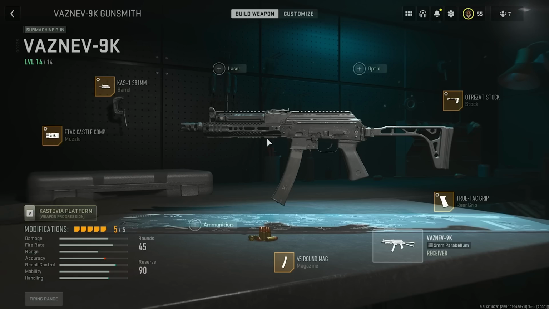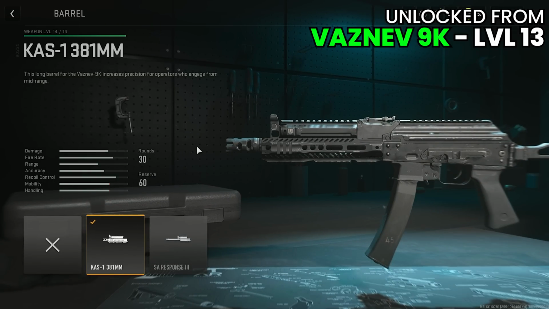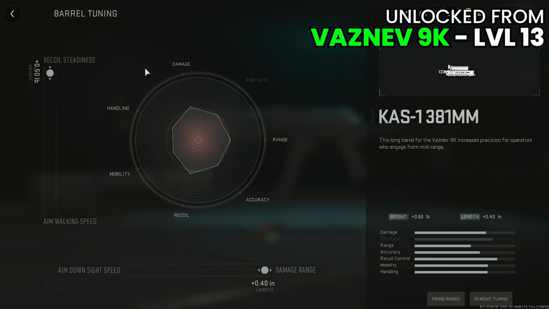For the barrel, we're going to be taking the CAS-1 381mm barrel. This, at the moment, in the build I'm playing, does not have any stats shown against it. However, from our testing, it appears to be pretty similar to the barrel we had on the MP5, so overall helping us with a little bit more range, and that lines up with the line it says up here, where it says the long barrel increases precision for operators who engage from mid-range. It just makes this gun overall more reliable, even though we are building it as aggressive as possible. We're then going to tune up the barrel with increased recoil steadiness